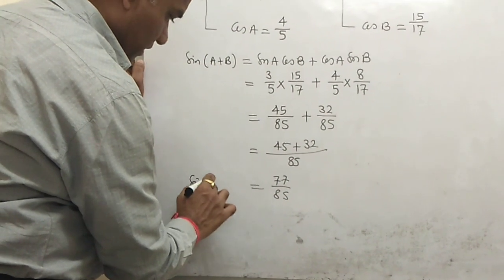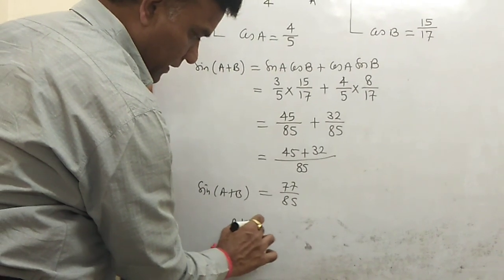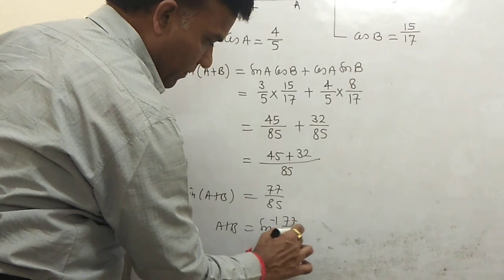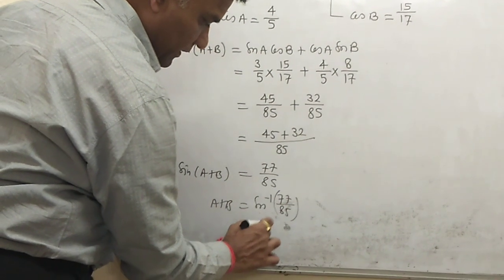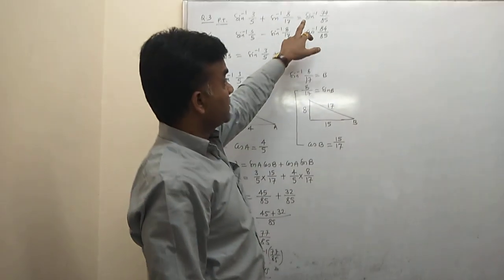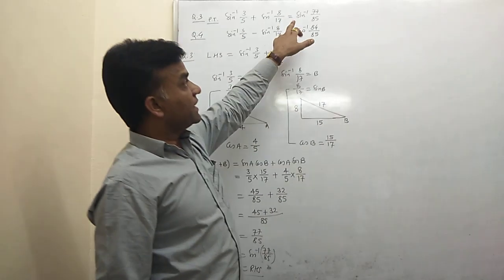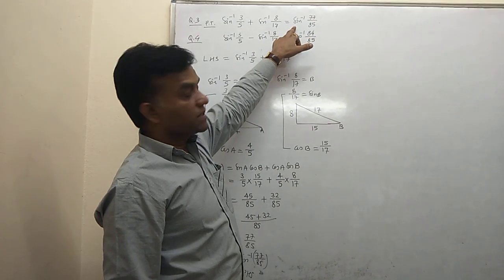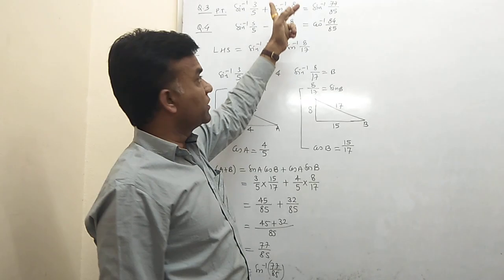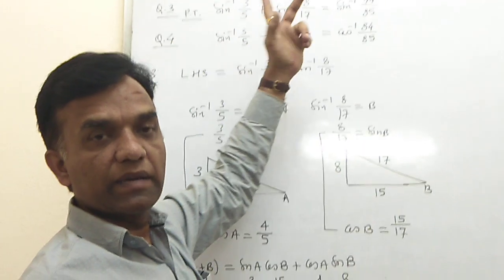So it is sin of A plus B, which means A plus B is sin inverse of 77 upon 85. Okay, this is the value of the right hand side. One thing you remember: suppose tan inverse is given, then use the formula of tan of A plus B, because the right hand side is very important. Whether tan inverse is given, sin inverse is given, or sec inverse is given, it depends on the right hand side which formula you want to use here. And now for these two quantities here, use only the concept of sin.